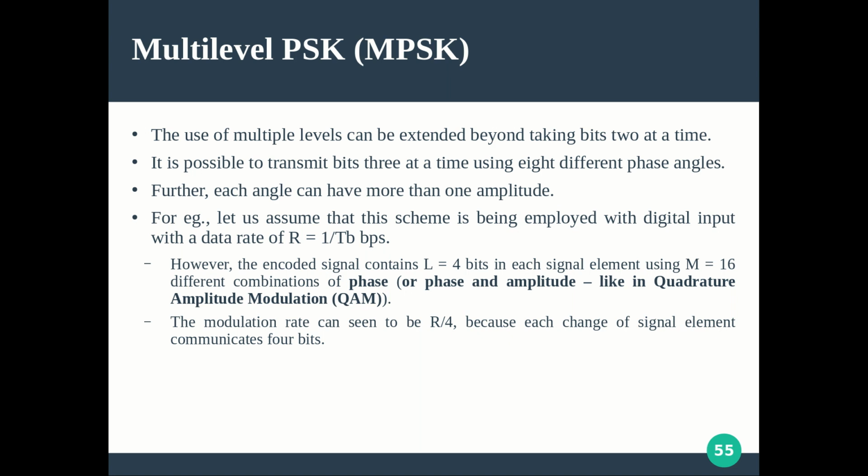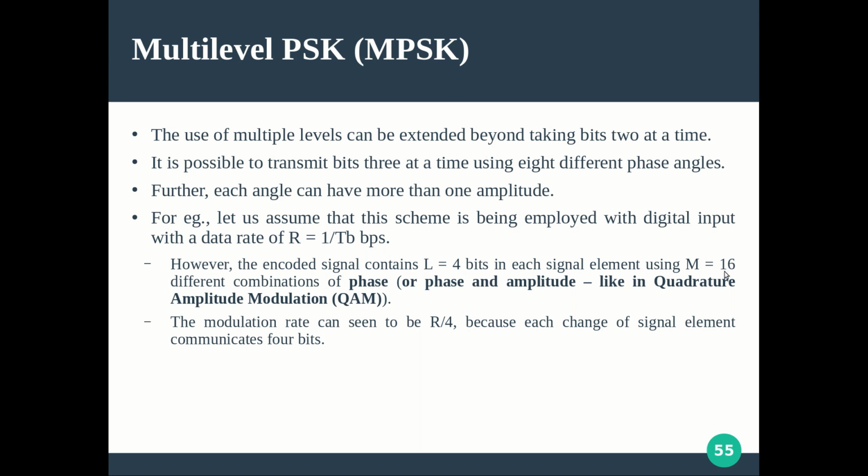Right? So in the original case, without doing any multi-level phase shift keying, in this example 16 level phase shift keying, we got R bits per second as the data rate. Now when it is 16 level phase shift keying, with the number of signal elements being 16, which we obtain by 16 different phases alone, or a combination of phase and amplitude, whatever it is, we are now representing 16 different signal levels using the same bandwidth.